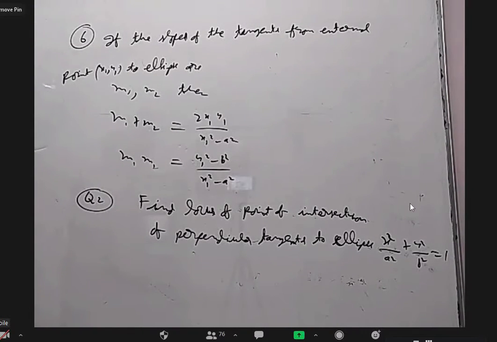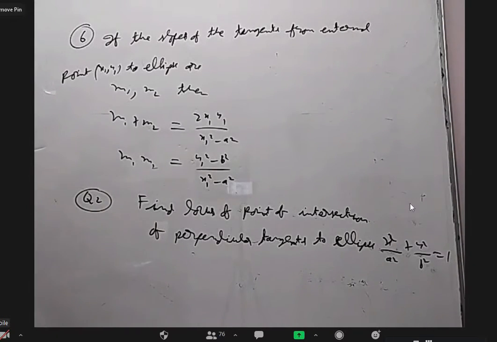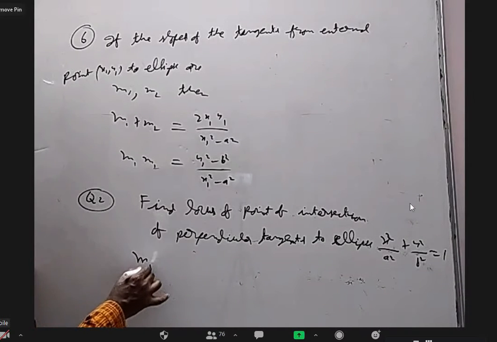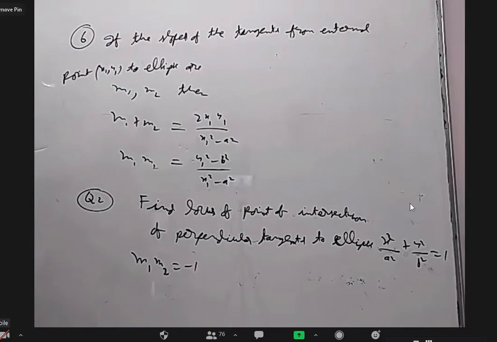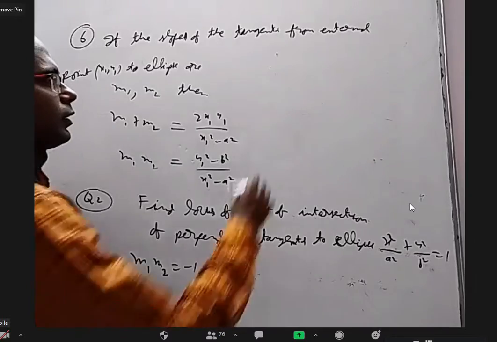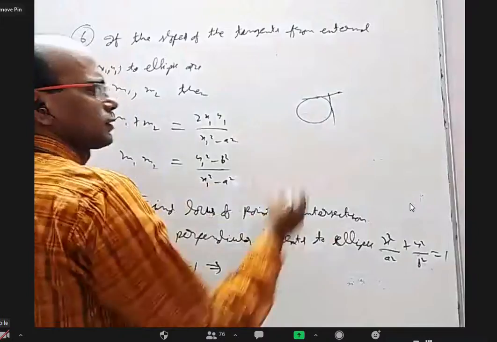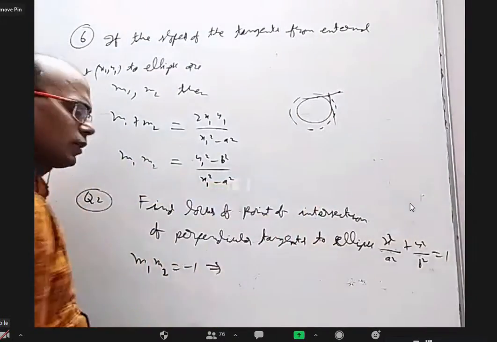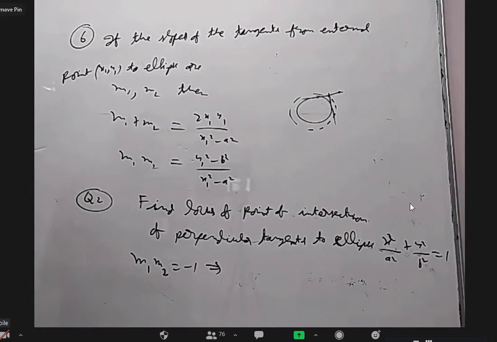Yes. Is there any name for this curve? Circle. It is a circle, but is there a special name? Director, sir. Yes, it is called director circle. If you take a circle and from an external point you draw two perpendicular tangents, the locus of that point is a concentric circle, and that is called director circle. In the circles chapter, not only circles, even in ellipse and hyperbola also, from an external point, if you draw two perpendicular tangents, the locus of that point is called director circle.